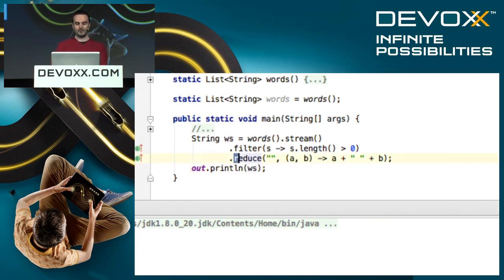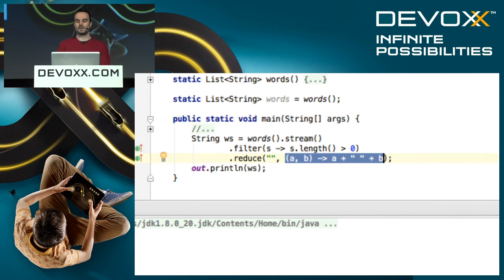A little bit about reduce here. We call this a functional reduce. What it requires is a base value and a reduction function. Now there are certain constraints on this base value and this reduction function. I'm not going to go into them in detail. There are lots of other presentations out on the web that talk about the constraints in more detail. But the base value is essentially an identity value. If you apply the empty string to a string, addition to it, you'll just get the same string back.